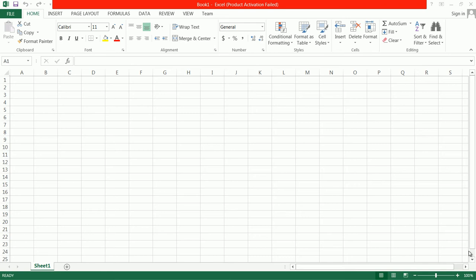Today we are going to learn how to calculate a formula from sheet 1 to sheet 2, or how to calculate a formula from a different sheet. Suppose we have data in sheet 1 and we want to calculate a result on sheet 2. Then let us see how to calculate it. Okay, here I have one assignment.